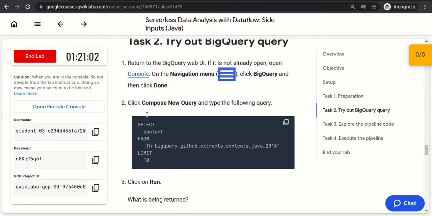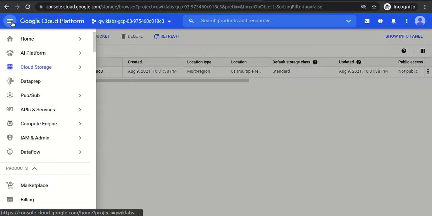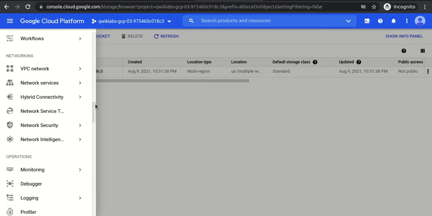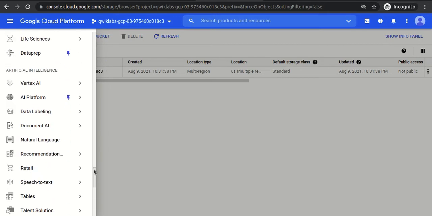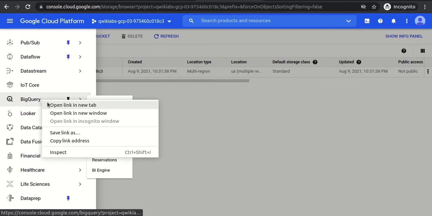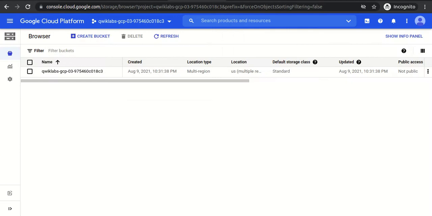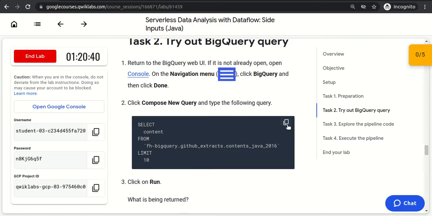Okay, also as I told you, we have the BigQuery data available. So let's see whether we have the BigQuery data already available or not. Under big data we have BigQuery. Let's open it in a new tab and copy the query.